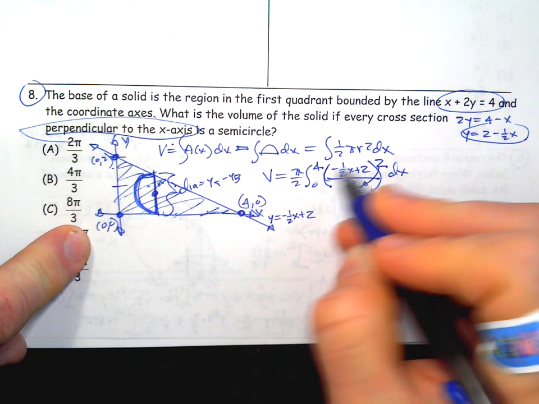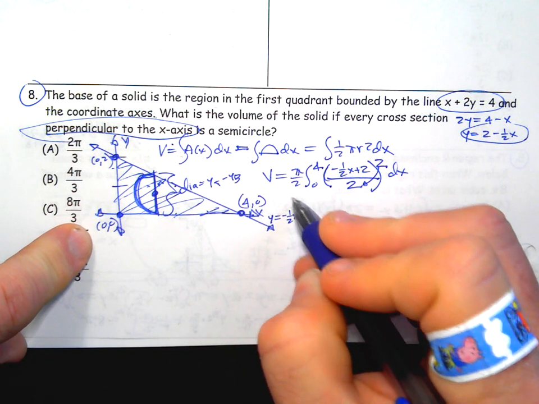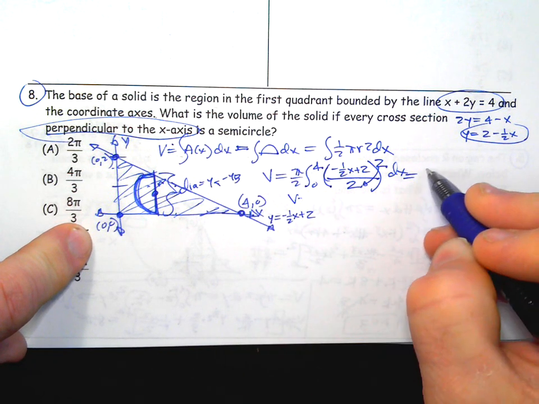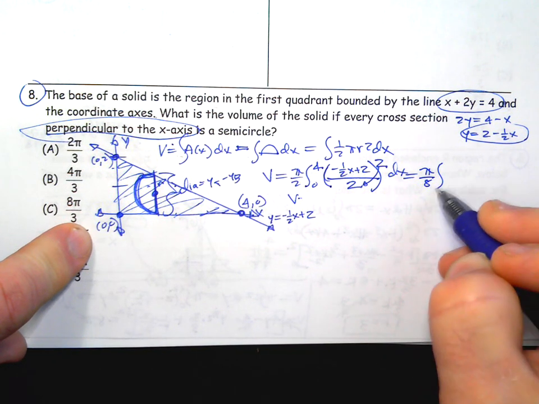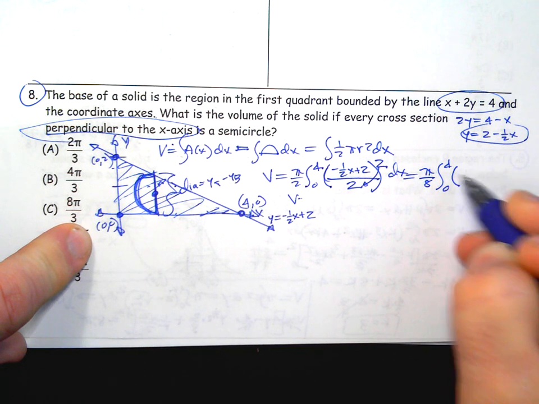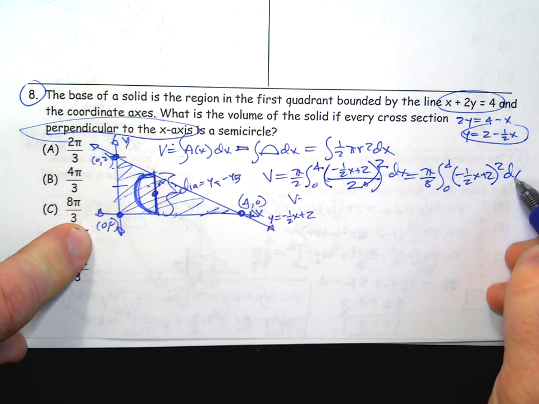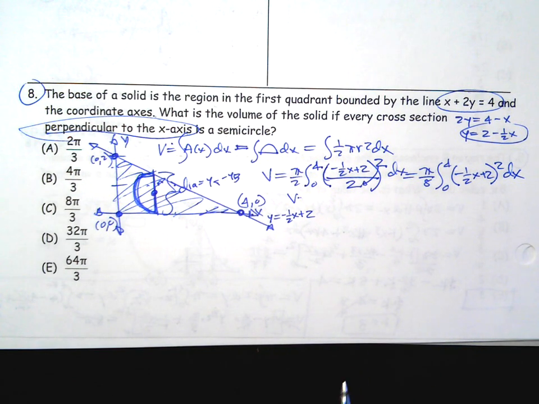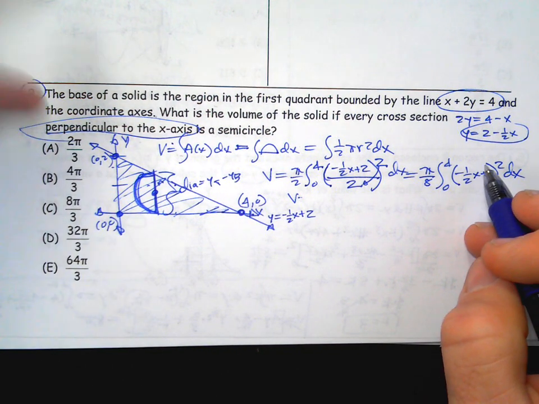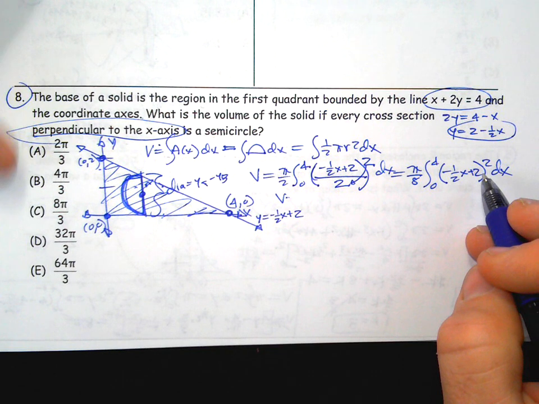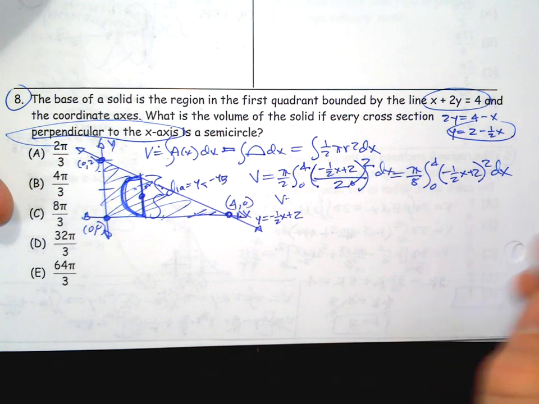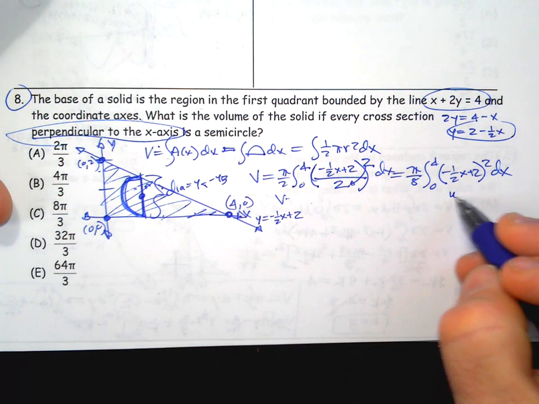In this case, it might not make as much of a difference. But that would be pi over 8 out front. 0 to 4, negative 1/2 x plus 2 squared. Now, if we don't have a calculator, then we could do u substitution, or we could multiply this out. Probably multiply it out, but if you did u substitution,